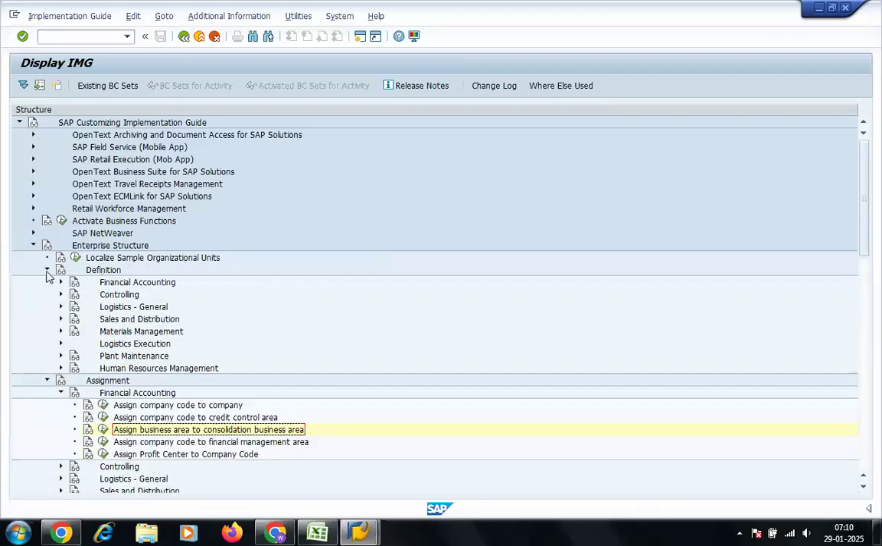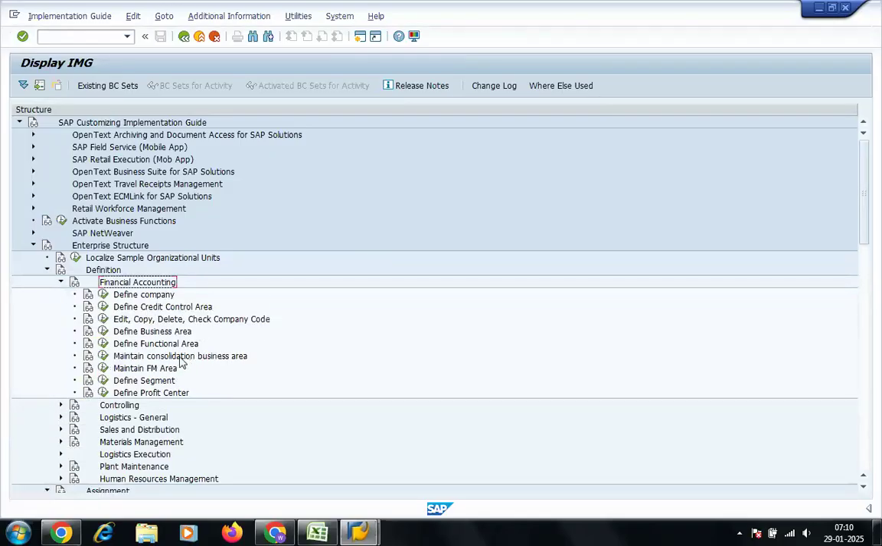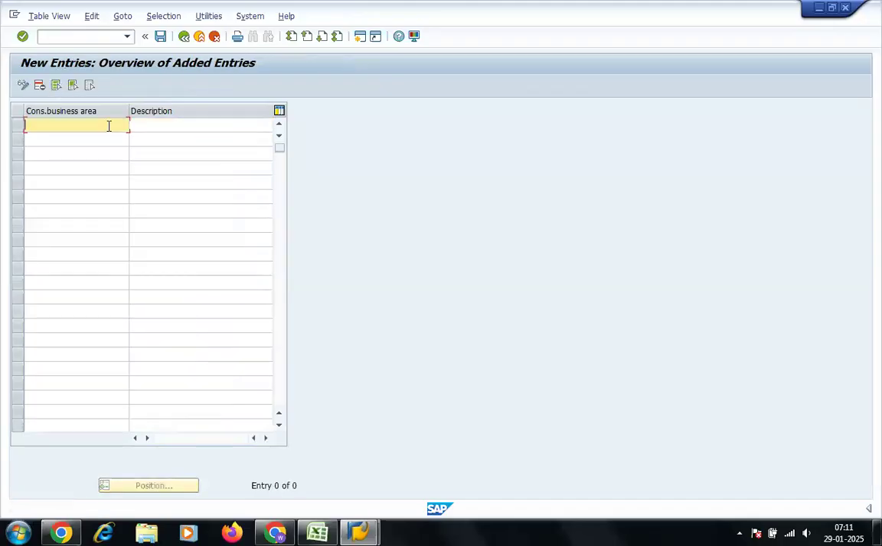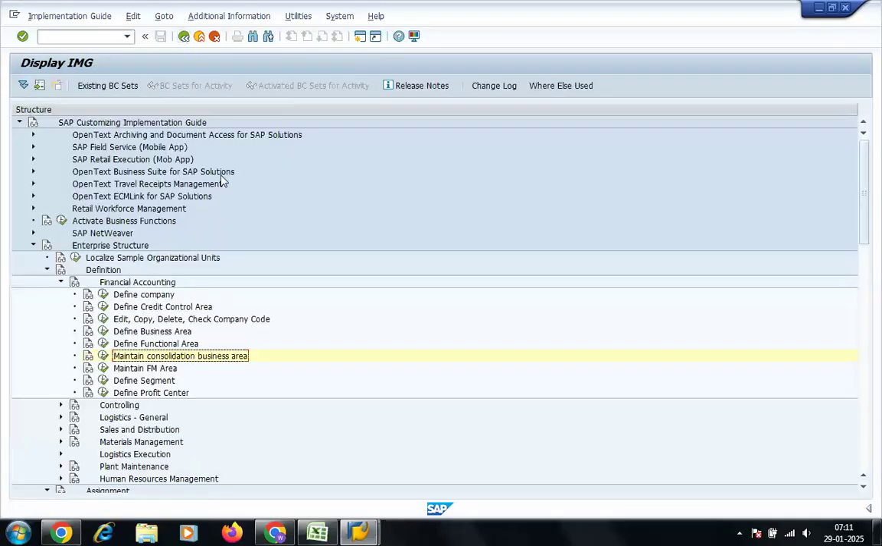In the definition, you can see here we have financial accounting, and here we have maintain consolidation business area. Once you create a consolidation business area here, like here I'm creating CFP9, if I'm doing biscuits, it's manufacturing. CFP9 means this is how the students create them, I'm explaining here. Now this CFP9 is available in our consolidation business area, and in the assignment part we have